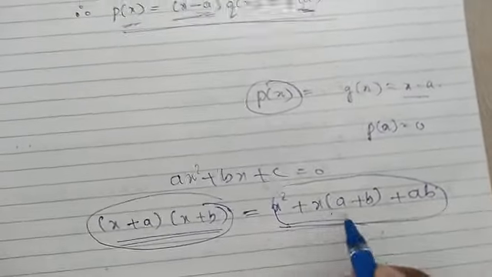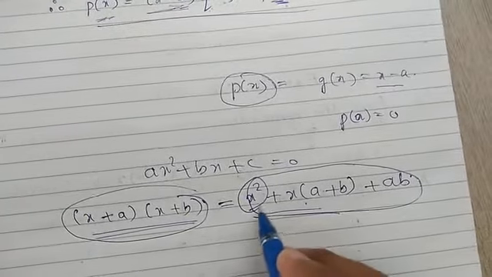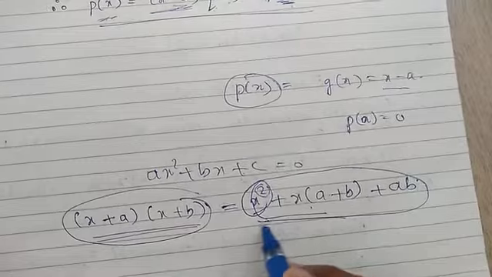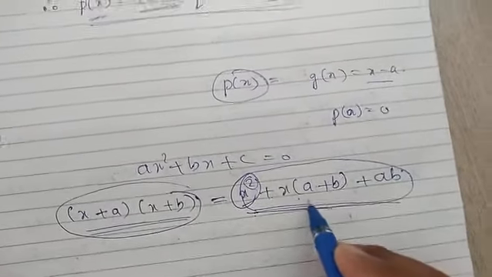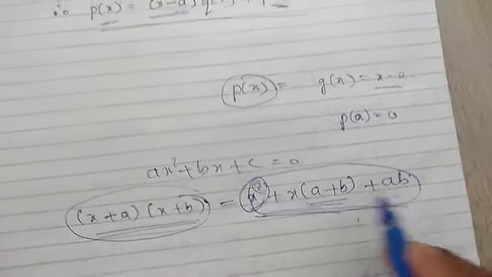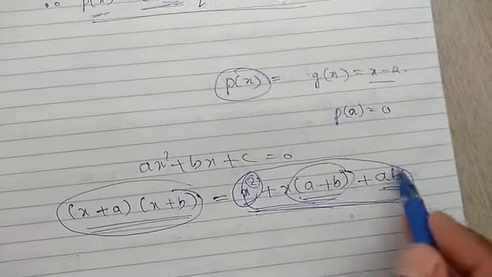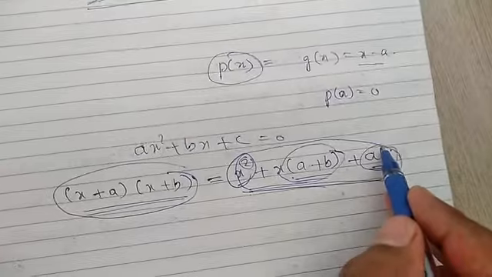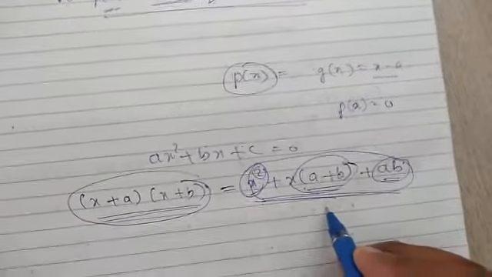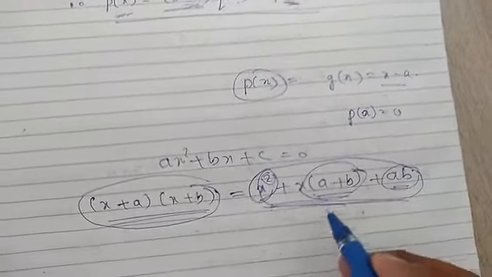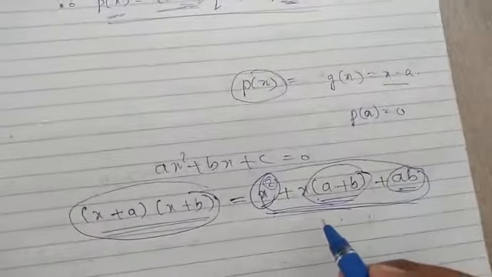See, this is x square, the highest power is 2, so you can say it is a quadratic equation. Then which term is this? This is the middle term, and this is the constant term. Now splitting of the middle term and multiplication of the constant term, you already know how to make the factors. Now we'll see the examples about this one. See how the splitting method works now. We'll learn about that splitting method.